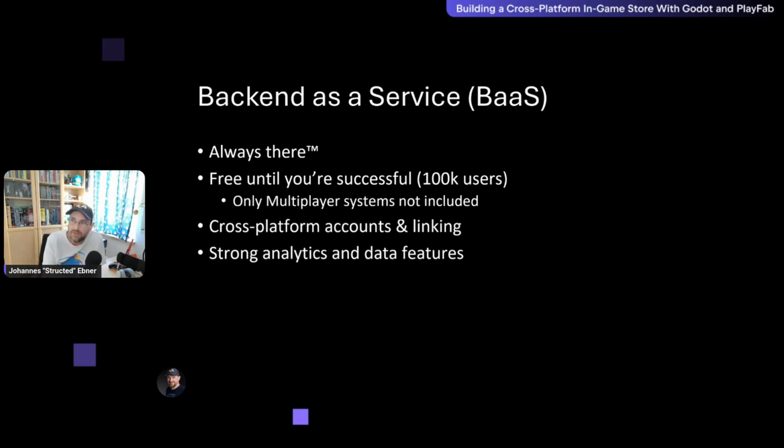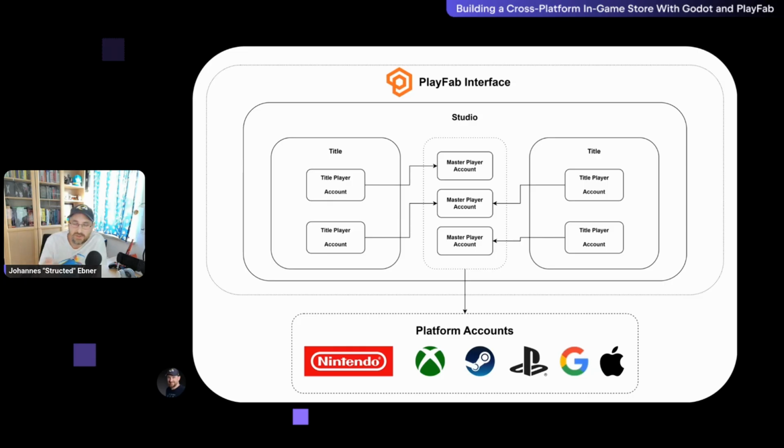We'll be showing this in a minute, but one concept I really wanted to show, because it is very important in the context of this talk and building cross-platform stores: within the structure of PlayFab, you can have multiple studios, and within the studio you can have multiple titles, and these titles can have the individual title accounts. So these are the player accounts, but these player accounts always have a master player account attached. And if you have multiple titles in the same studio, they can be linked to the same master player account. And that happens automatically